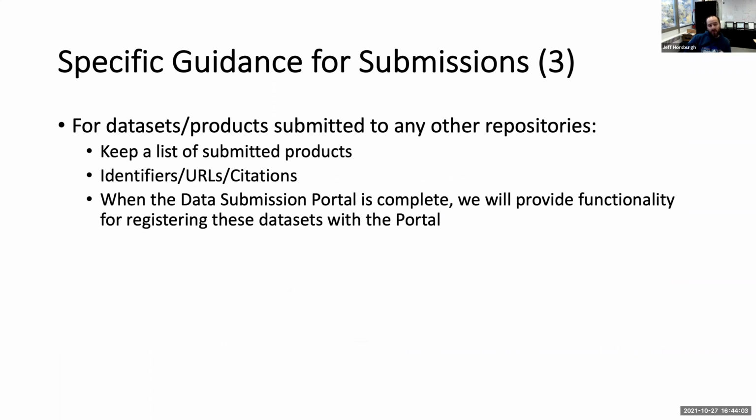Okay, so for those data sets and products that you may be submitting to any other repositories, keep a list of those for now. Make sure you have a good identifier, a URL, or a citation. When the data submission portal is complete, we're going to provide functionality for you to register those data sets with the portal. And that step will basically just be, here's a data set that I've submitted to another repository. Here's the URL and some really basic pointers. We can add that to our